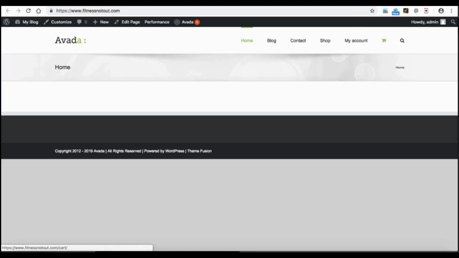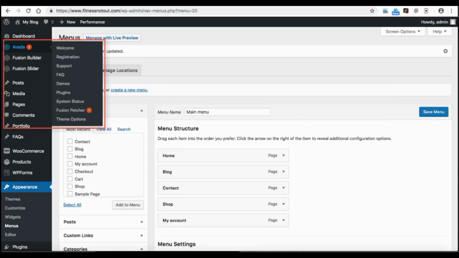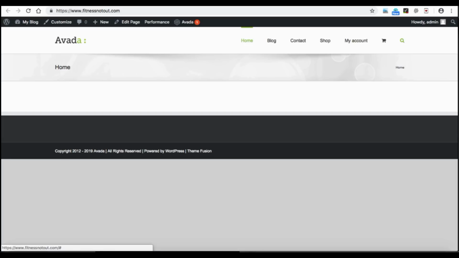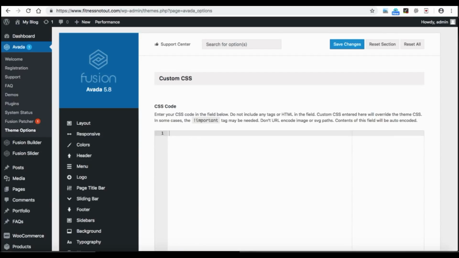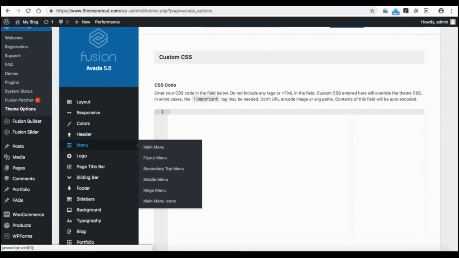But why are we getting this cart icon and search icon? Well, it is not needed. So you can control the visibility of these two icons from the theme options. So let's go to Avada and then theme options, because these two icons are controlled from theme options itself. So Avada and then theme options. Alright, now here we need to navigate to this menu